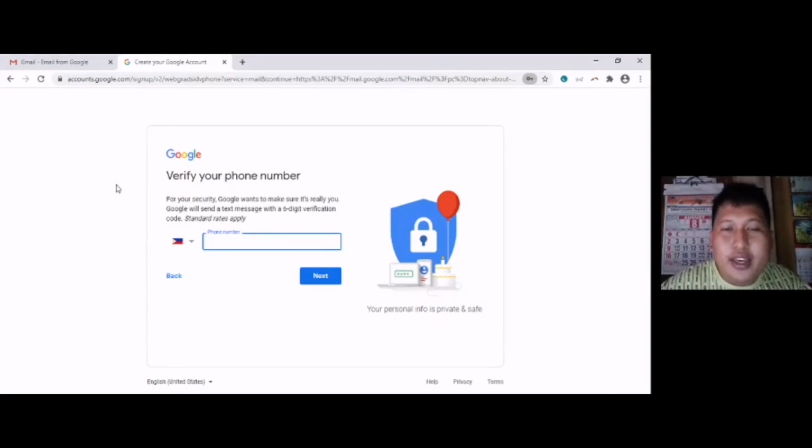Now, here is what I am talking about: the importance of phone number. You need to have a functional phone number, because Google will send a text message with a 6-digit verification code. In this video, I am going to encode my phone number, but I will cover it during the editing stage because, of course, phone number is sensitive information.